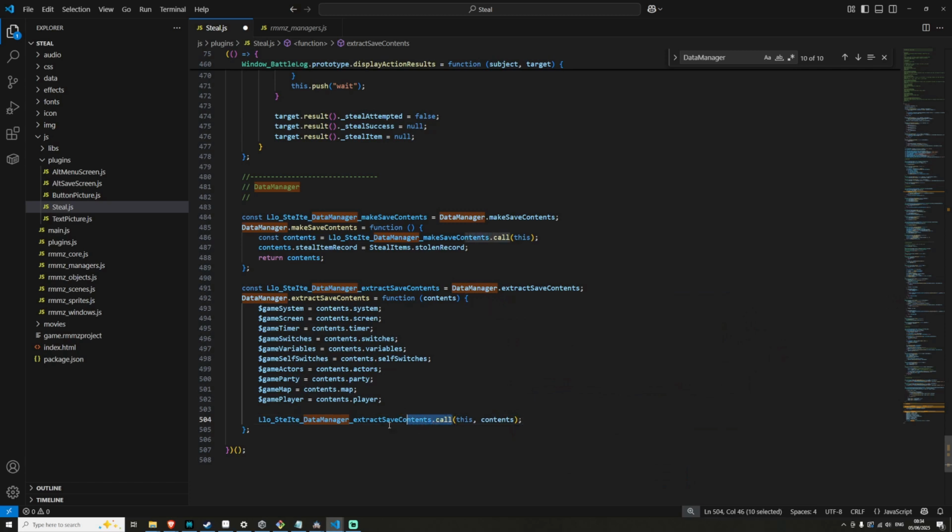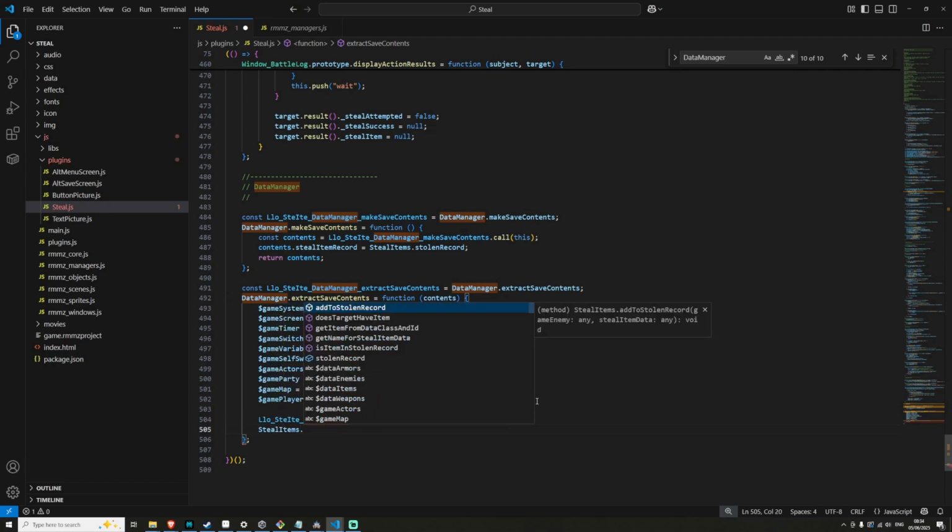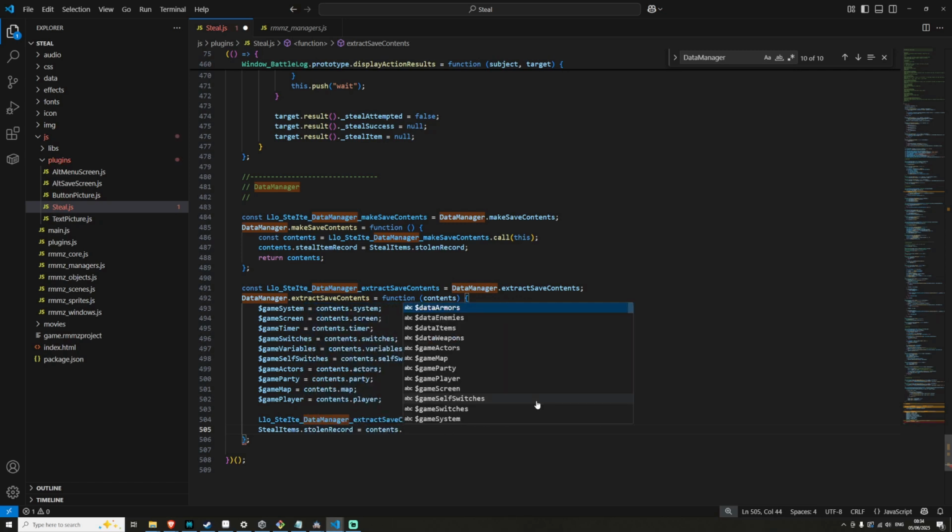So when you do this sort of aliasing, you have to pass in this for the context, but then you also pass in each of the parameters. And then I can say steal items dot stolen record is equal to contents dot,